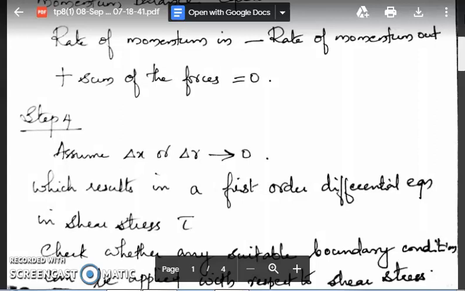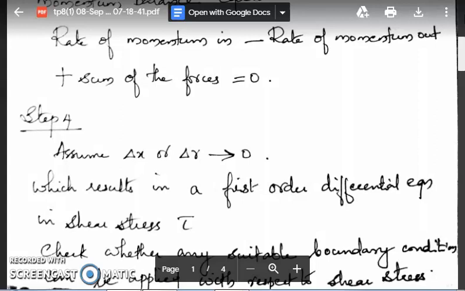That is, we have already written the expression for the steady state momentum balance equation. So if you substitute or assume that delta x or delta r is tending to 0, this will result in a first order differential equation in shear stress tau. And solving that,